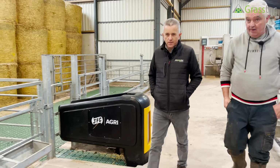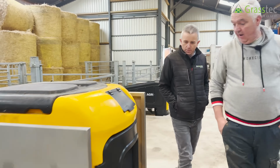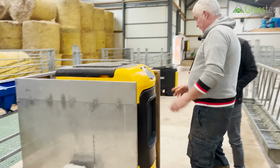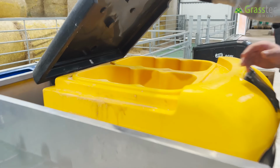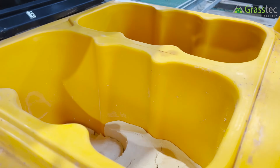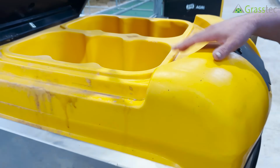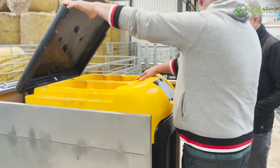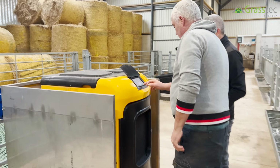So your main station is here then in the middle? Yeah. So what's this doing here? That's where you're putting your powder into? Powder in, it'll take 2 different types of powder, one on each side. So if you have male calves or female calves, you can have them on 2 separate types of powder. This one does feeder 1 and 2, or station 1 and 2. This does station 3 and 4. And on the screen in front,